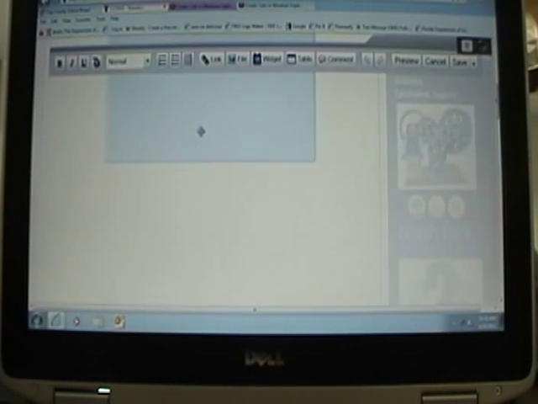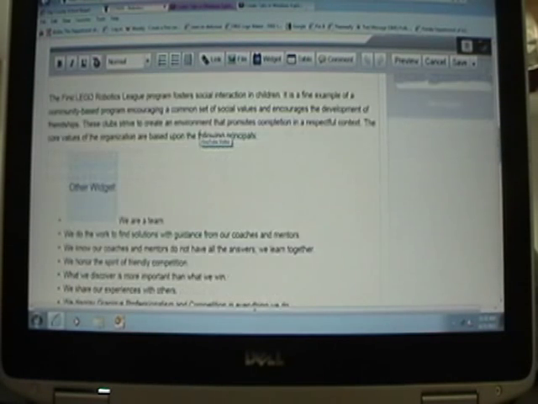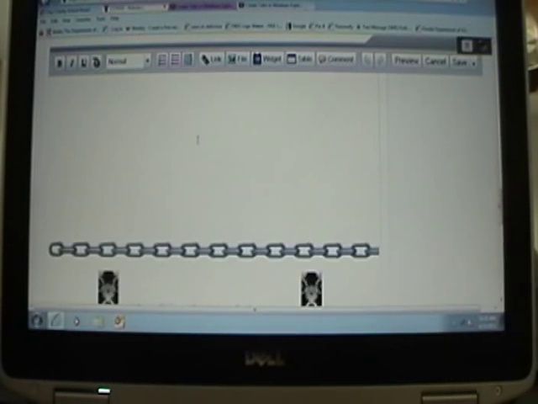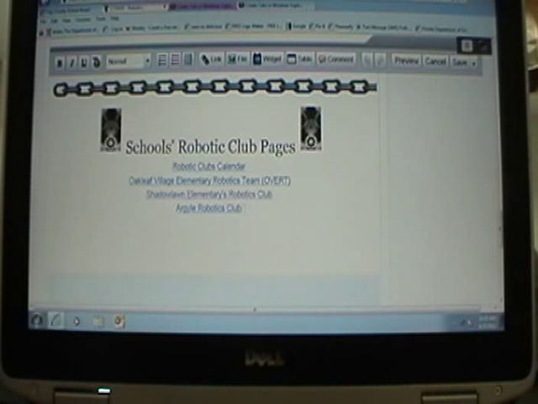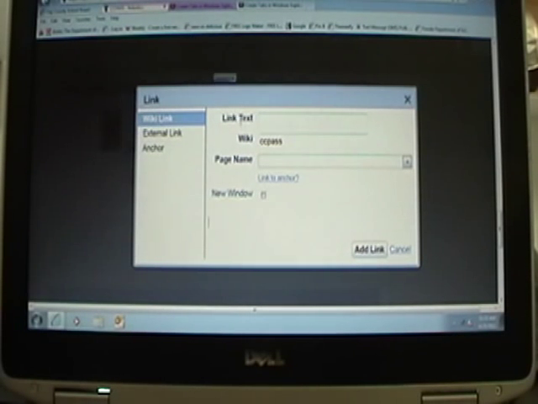You're going to come down and find the place that you want to put it, and we want to put it right under Argyle Robotics Club. So again, the big thing is that cursor, and I clicked and it's right behind Argyle Robotic Club. I'm going to hit enter, and you notice that my cursor is right below it. I'm going to come up to the link at the top and click on it. We are going to use the wiki link,